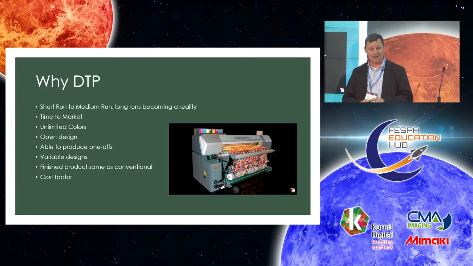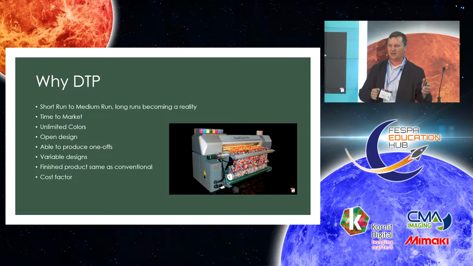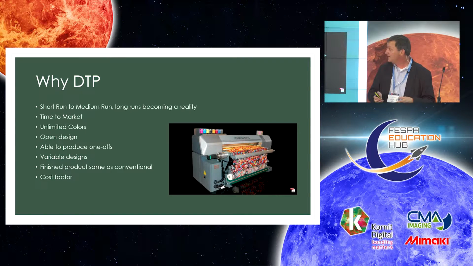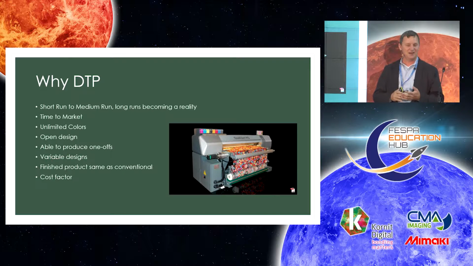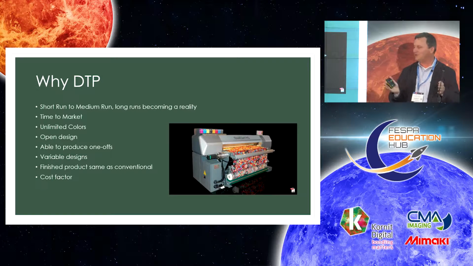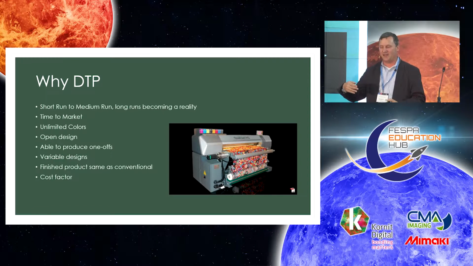We have variable designs. We can easily set up this printer so that we can print colorway after colorway with different colors in it. And all that's taken care of on the front end with the rip and in the software. In most cases, our finished product can be the same as conventional printing. And we have a cost factor. To do that strike-off conventionally, you're looking at 6 to 8 weeks and a few $1,000s, a few €1,000. On the digital printer, it's just a matter of the time in the rip, working with the digital file, and the cost of the materials for that in the printer,